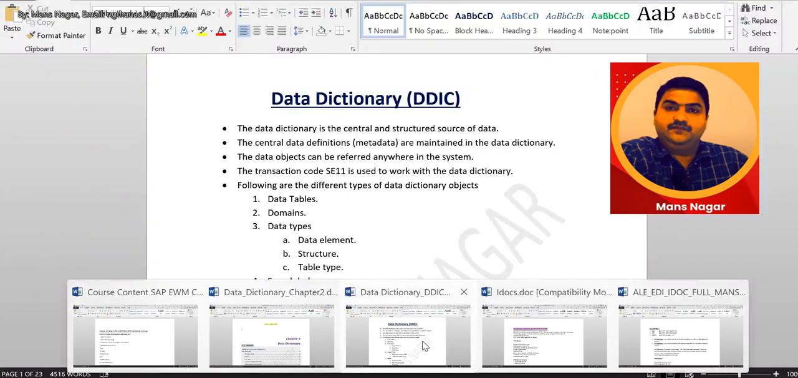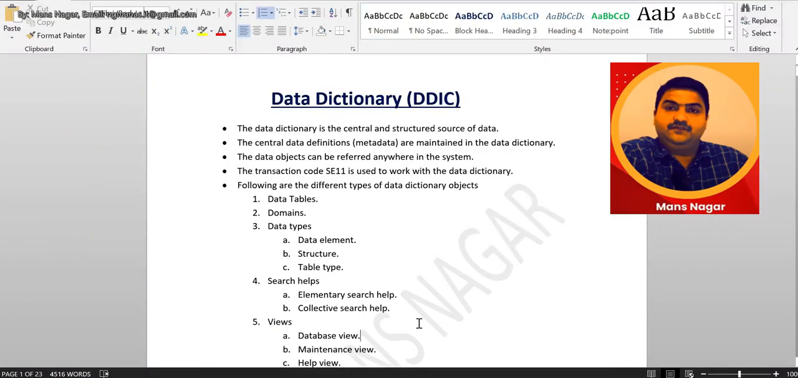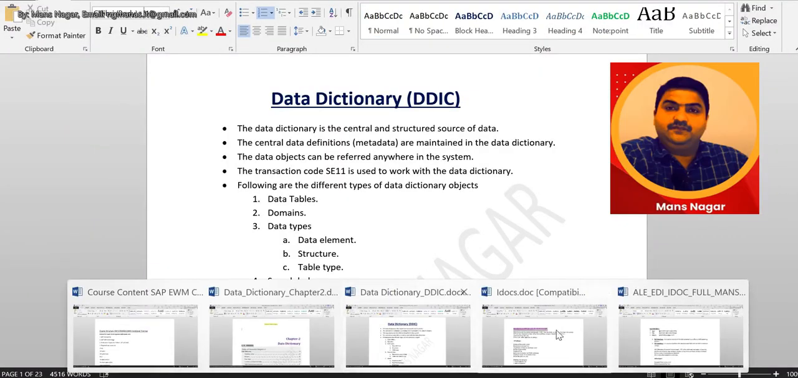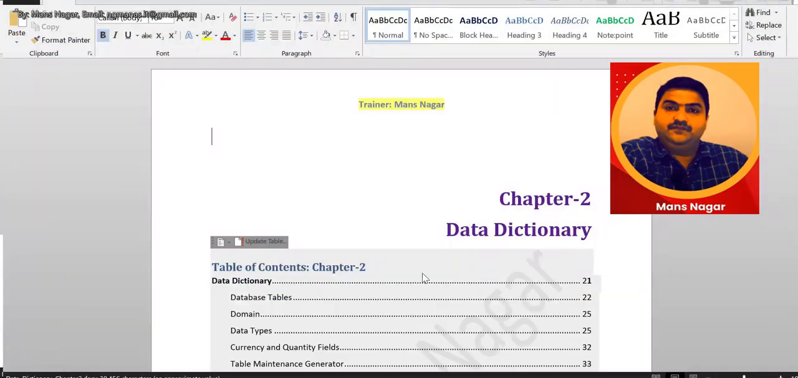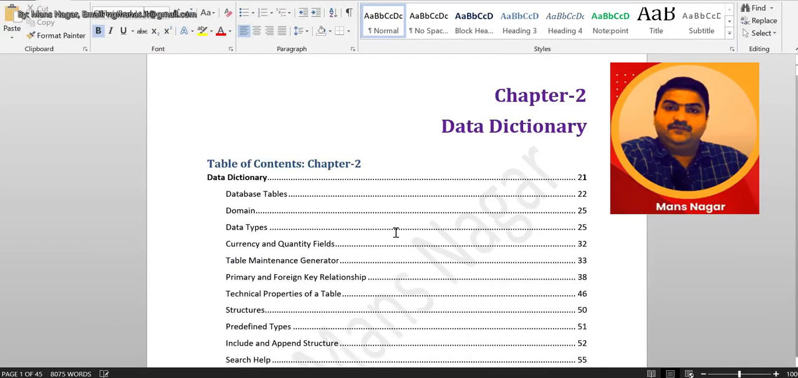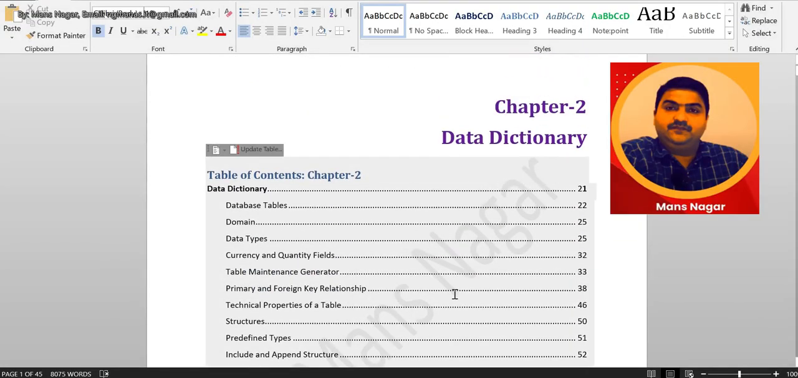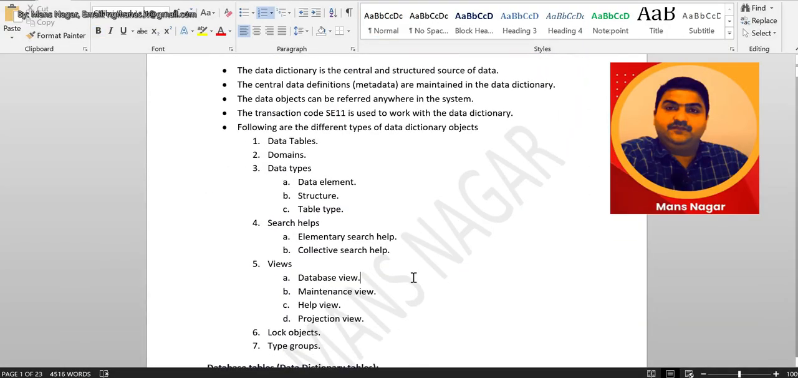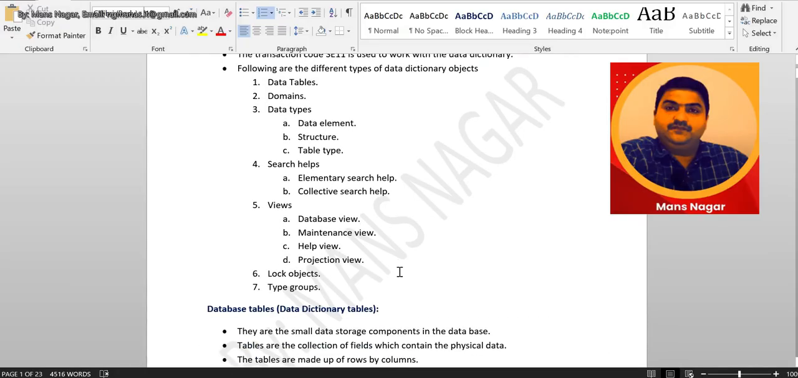So on the technical side, I cover the central repository system, database, and data dictionary. This is the second chapter. In the first chapter, I covered how we work with the